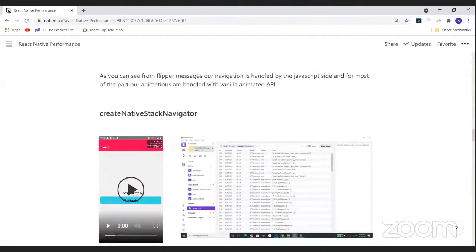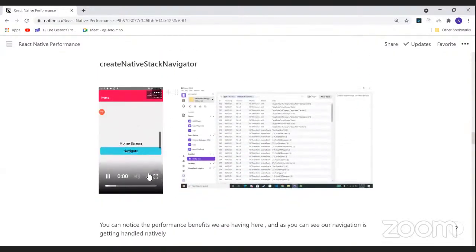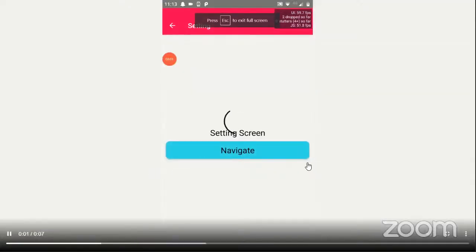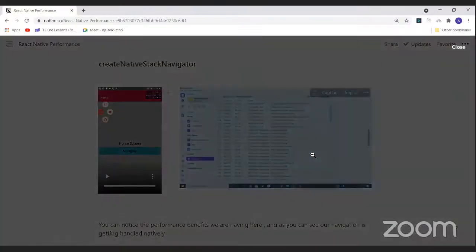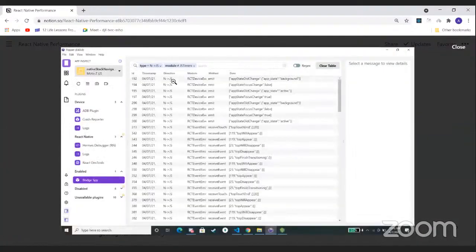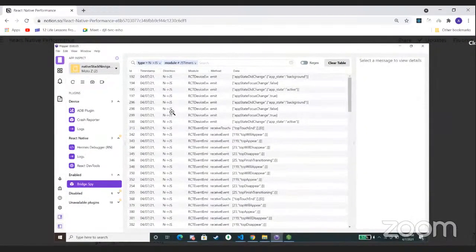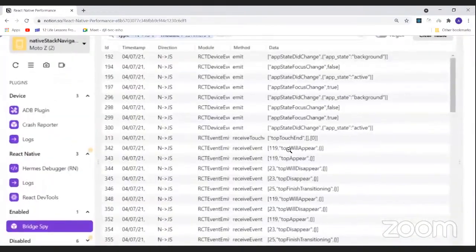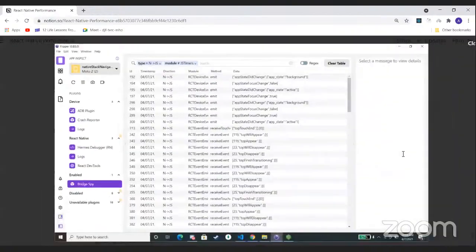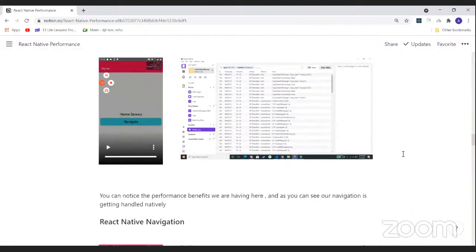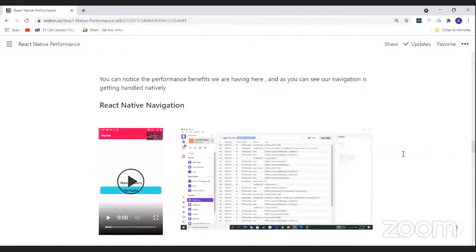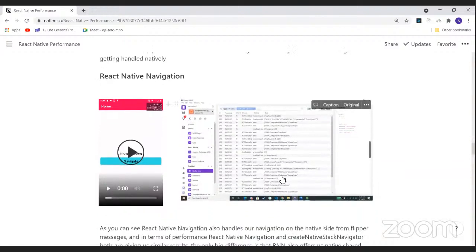Now coming to Create Native Stack Navigator, the lowest was 47 in the Flipper logs. As you can see, everything is handled at the native side here. So first, we can see that there was a performance boost here, right? And everything was handled at native rather than on JavaScript.